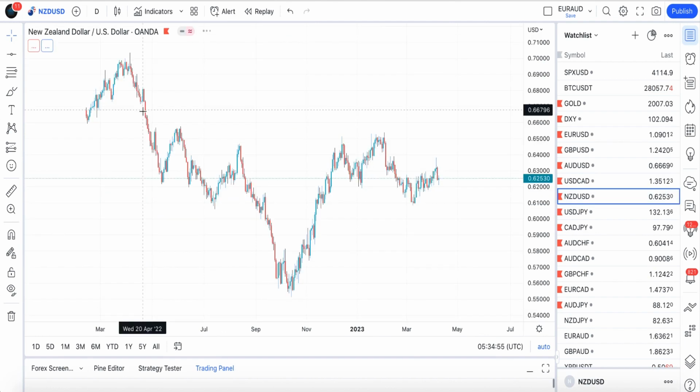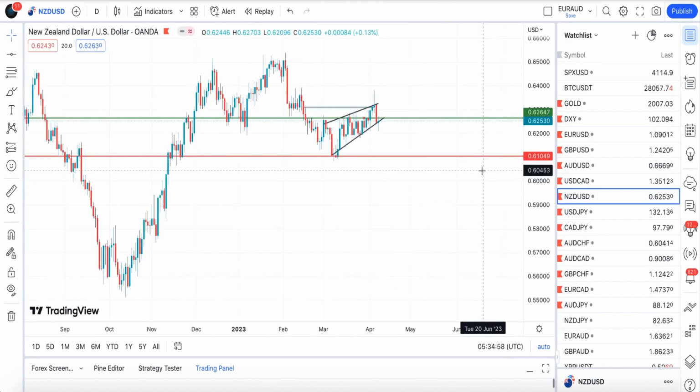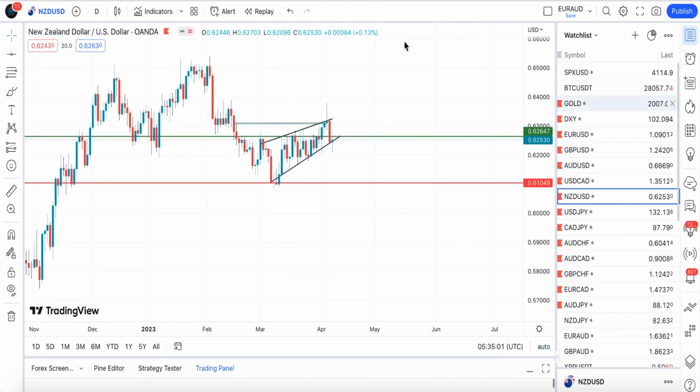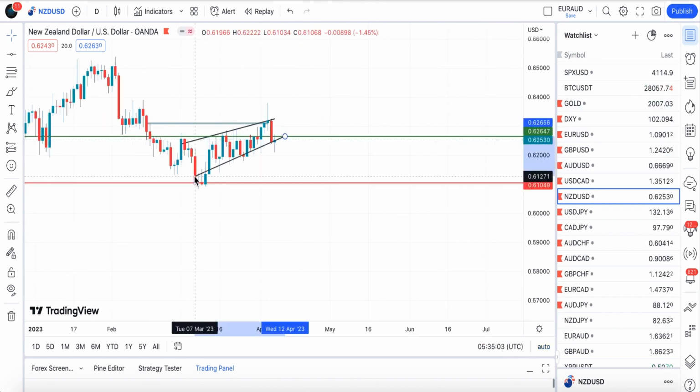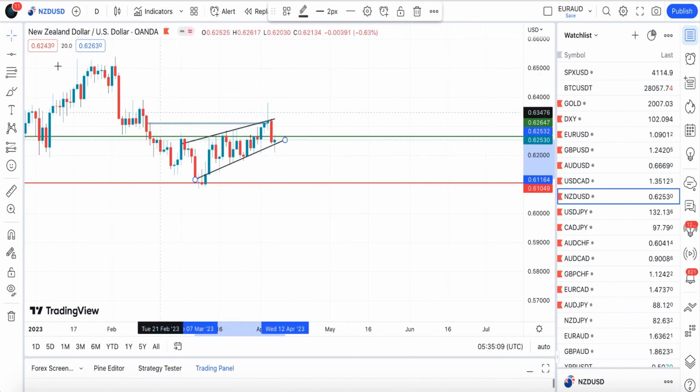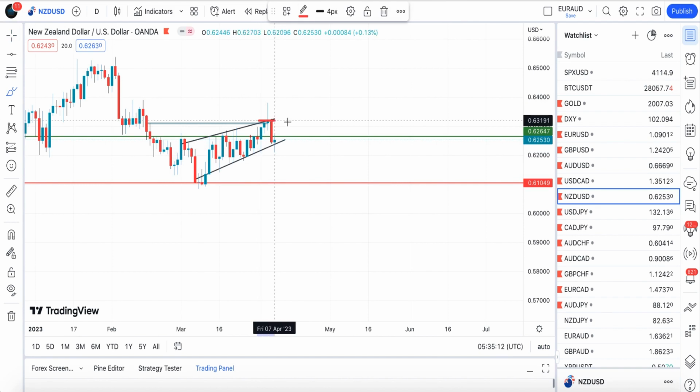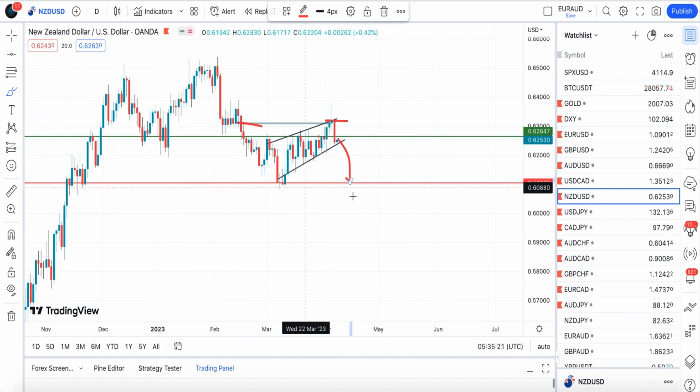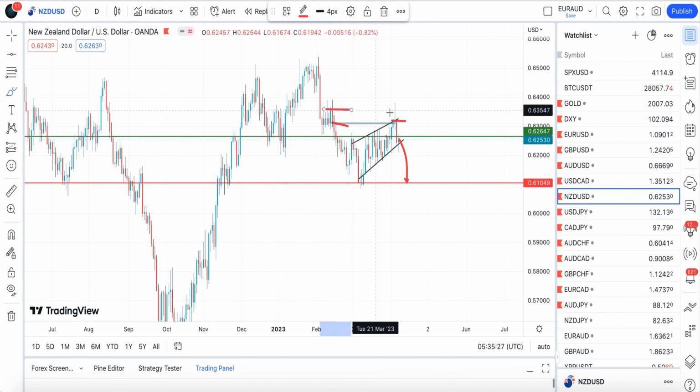So the next one we want to check is NZD USD, in respect to the AUD USD. Actually we have not seen a very clear visible breakout on NZD USD, but if we have the CPI data coming out better than expected, then we should see NZD USD moving to 0.61049. As you can see, this place is a very strong key resistance level, and we have what we call the double top at this particular area, and this is the neckline, as you can see.